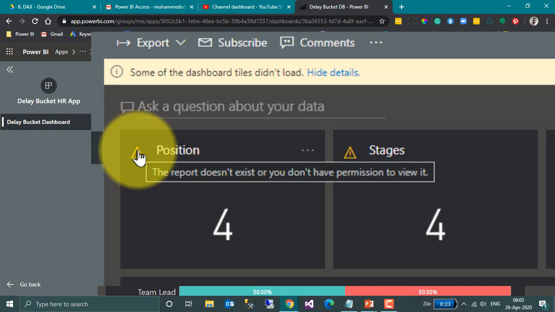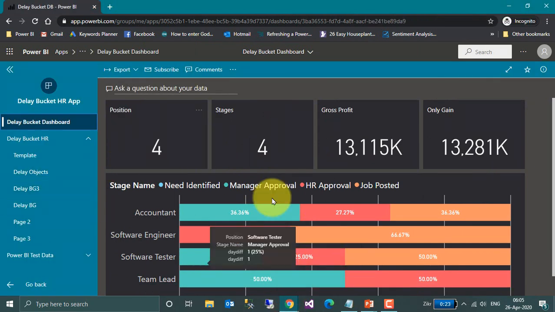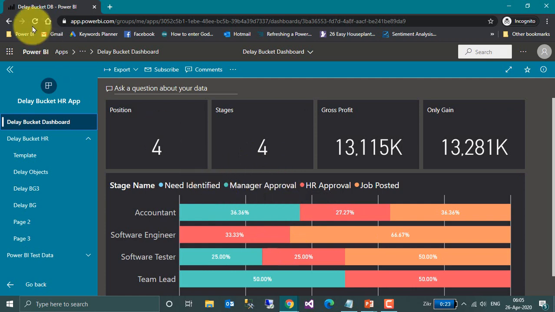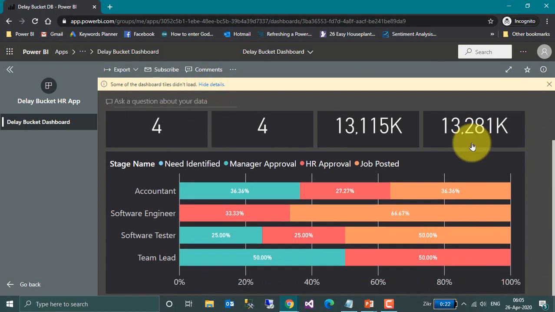So let's go and check with the users how it looks for them. So if you look at here, the report has not changed here. Let's refresh the page and have a look at that. Yeah, now after refreshing the page, the dashboard has changed. Still they are showing the same error here. So click here, it is an error here. If you click on any of this area here like this, it's not going to have an effect here because we don't have rights to go to the reports here.